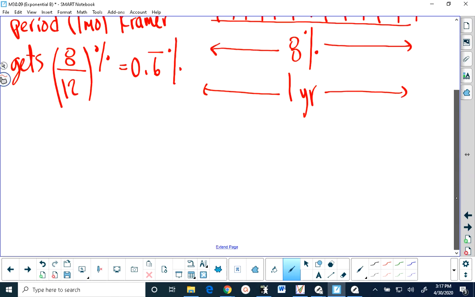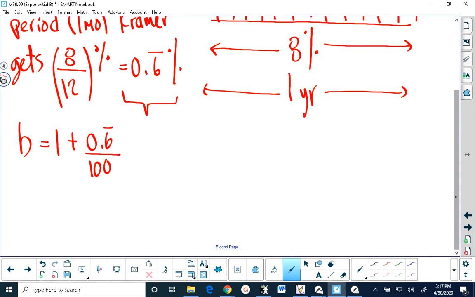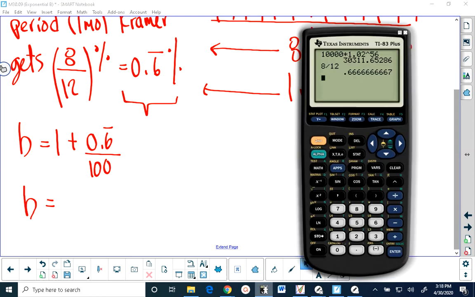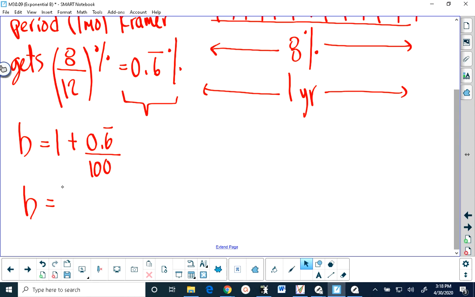I'm going over this explanation here because with this percent, it's not entirely obvious what B is. B will be 1 plus that percent, 0.6 repeating, over 100. So we have to divide it by 100 first before we can talk about what B is. There's our percent. It's still on my calculator. I'm going to divide it by 100. And then I'm going to add 1. So my B for Kramer is 1.00